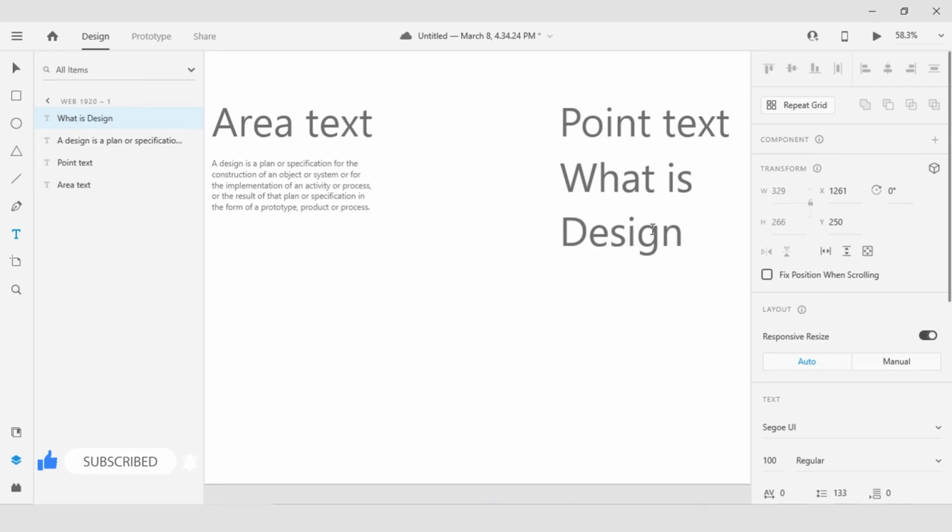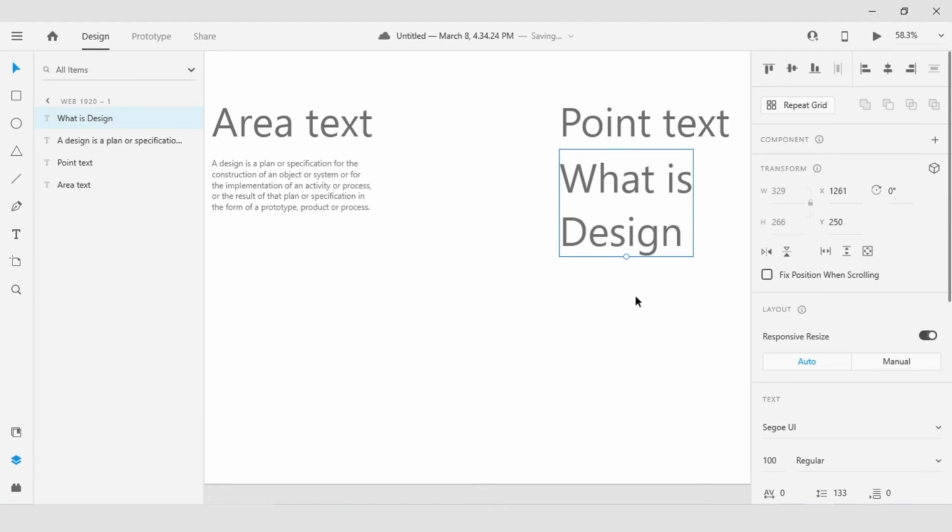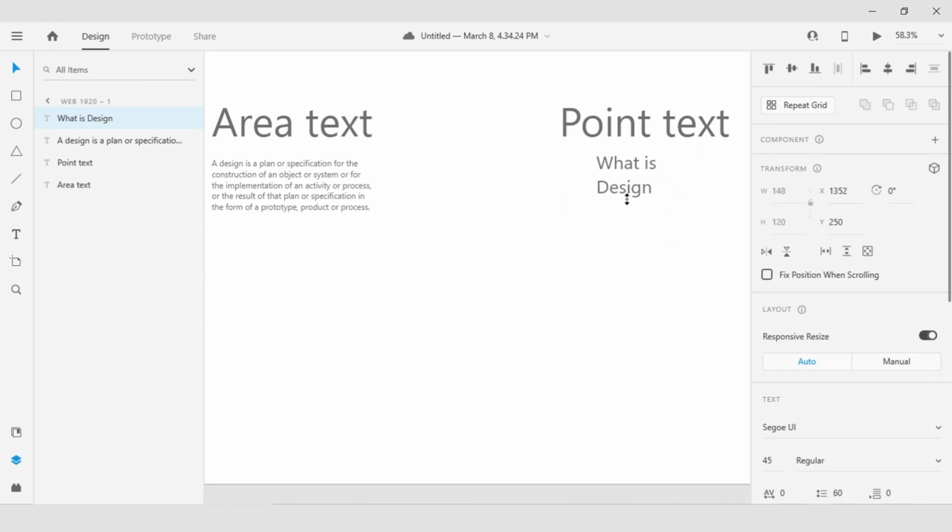That looks like obviously there's a little formatting that's already going on here. I'm hitting the escape key. I'm going to type V on the keyboard, which brings me to my select tool. I'm going to press and drag it down. Now the advantage with point text is that it's very visual. It's going to handle whatever you have defined as a single line of text. Notice I don't have handles that control the left and right side. What I can do is select this dot towards the bottom and press and drag to visually resize the text until it looks like something that I have in mind.